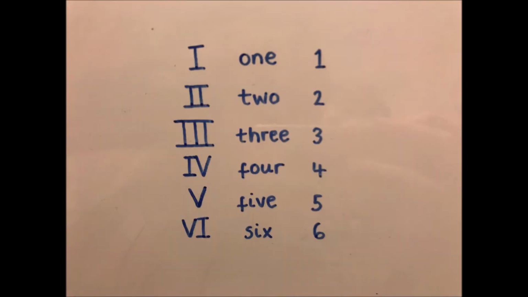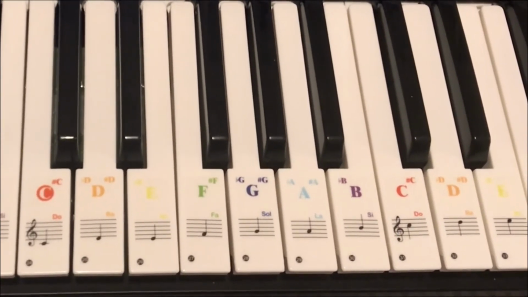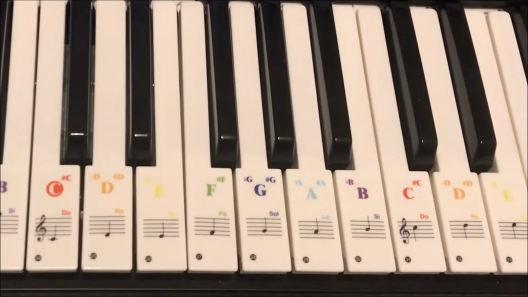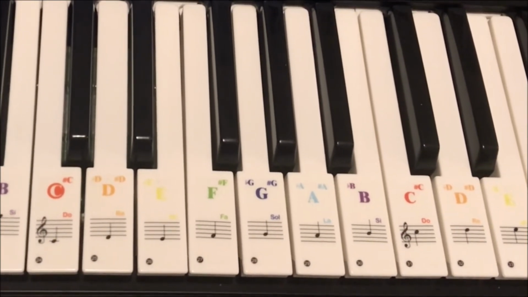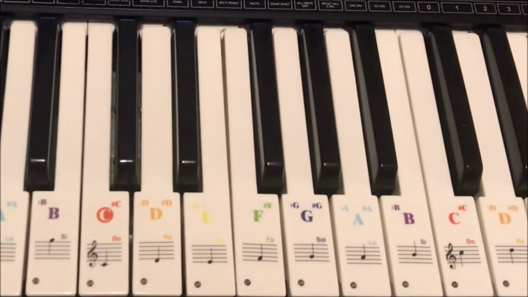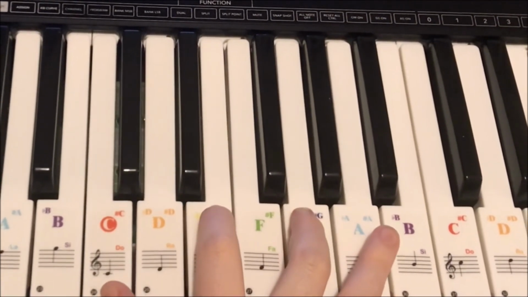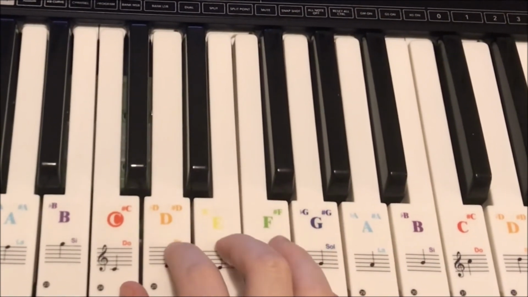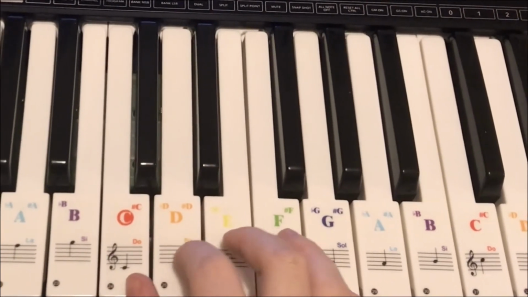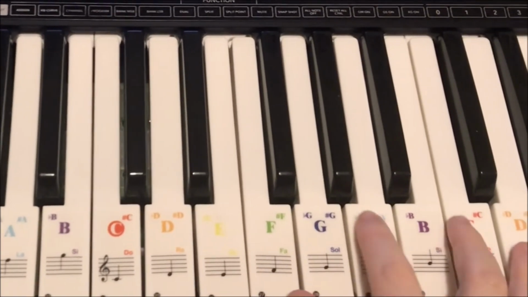Now we're going to look at the Roman numerals and the chords in the key of C. So if we are working in the key of C, then we're going to look at chords 1, 4, 5 and 6 in our major chords. Okay, so chord 1 in the key of C is just. Chord 4 is going to be the fourth note. So it's going to be an F, and that's going to be